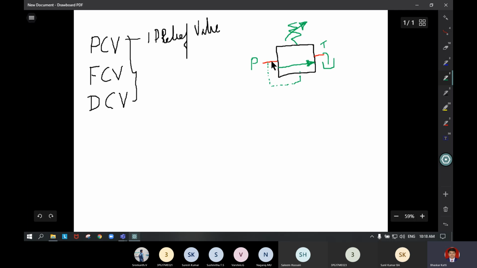Here you can observe the port positions are written outside the square box as perpendicular lines. Inside the square box is the arrowhead; it is a normally closed one, so we have to write it in an offset position to the port positions. Then you represent the actuation method, and on the other side you write the spring. So this represents your relief valve. Then the second one we have studied is the reducing valve, that is the pressure reducing valve.